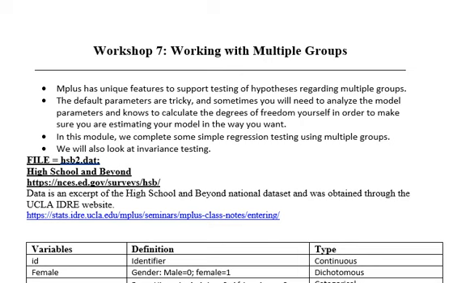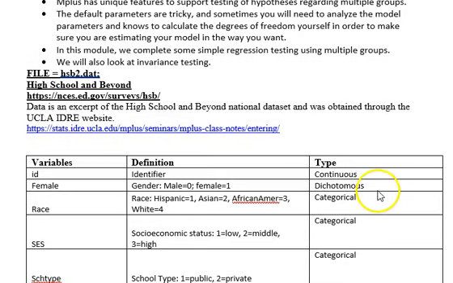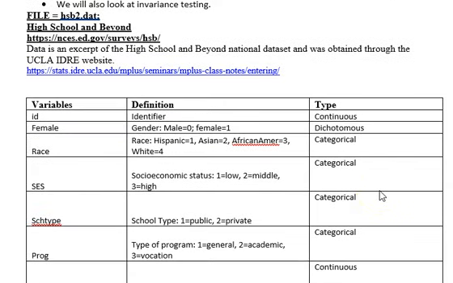So in this module, we're going to do a simple regression to start with. We're going to be using the HSV2 data set that we used before, high school and beyond. And this is just an excerpt from it. And some of the examples, more or less, are similar to the one that you would find at this link. Now here are the variables that we're going to be looking at,